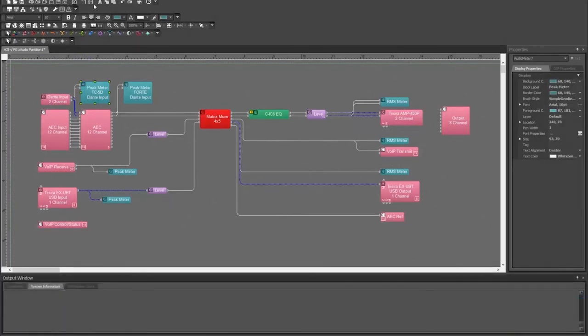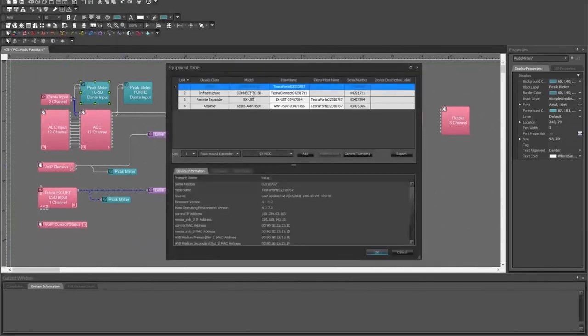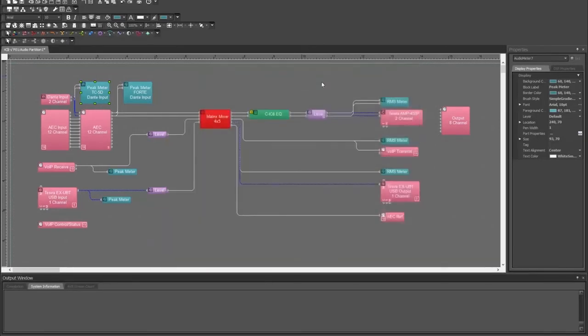Let's see if I can do a quick compile here. Or I can just show you the equipment table. All right. So we have the TC5D, that's unit number 2, remote expanders, and Forte is unit number 1. So the Dante input, when I compile, as the compiler does by default, it assigned the Dante input to unit number 2. And the TC5D, with the latest update, supports hosting